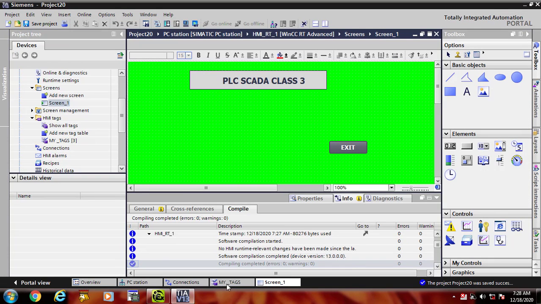So it will be displayed on your PC in this way, and if you click on your exit button, then it will be minimized for you. Yes, it is minimized.